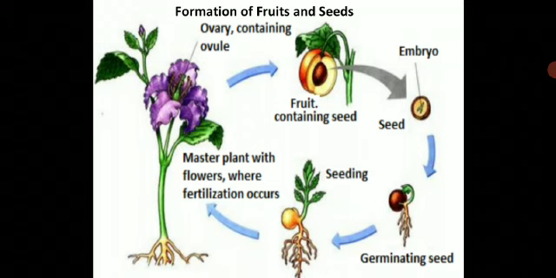This is a cycle which continues in the life of a plant. So in the life of a plant, this cycle will continue, whichever point you start from. If you take a mature plant and start, this process will go on, and this is how you get fruits and seeds. This is just to give you an idea about the formation of fruits and seeds, children.